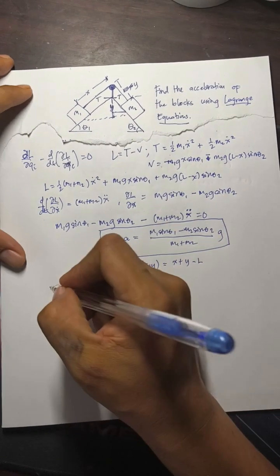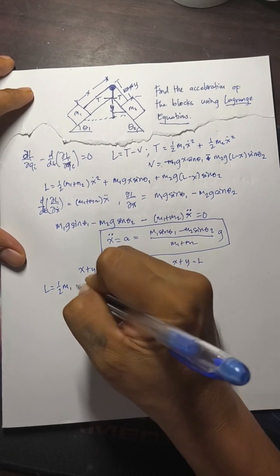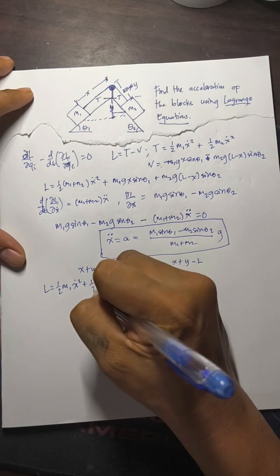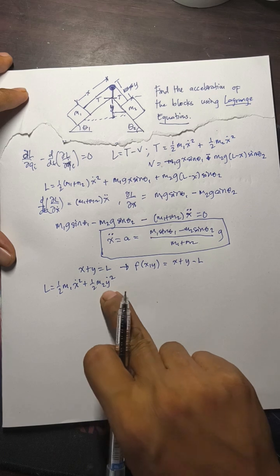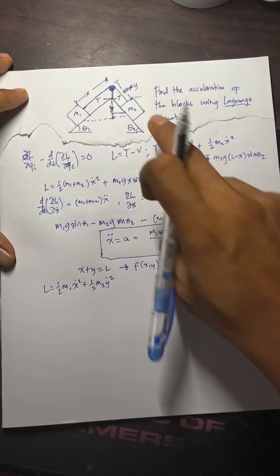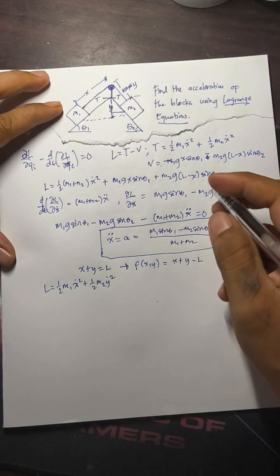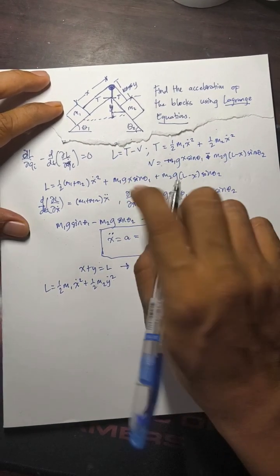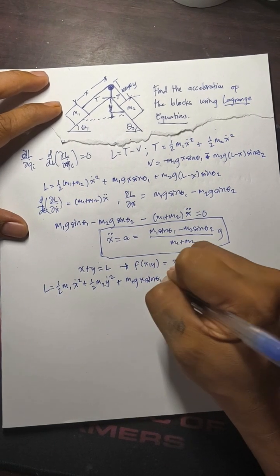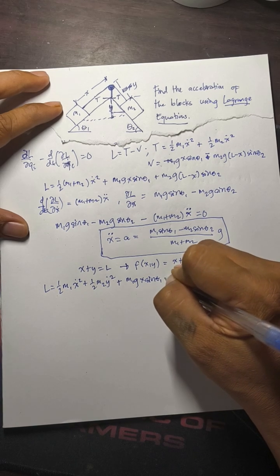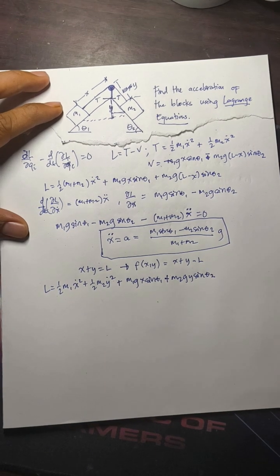Our Lagrangian would be one half m1 x dot squared plus one half m2 y dot squared. So we now have a different velocity squared for the y dot because we have not substituted it yet. Minus V, so our V would be, we will still get the same here, only that this one is plus m1 g x sine of theta 1 and plus m2 g y sine of theta 2.